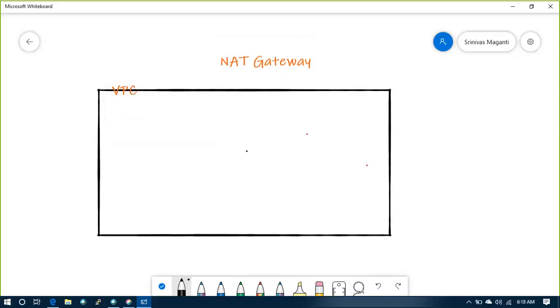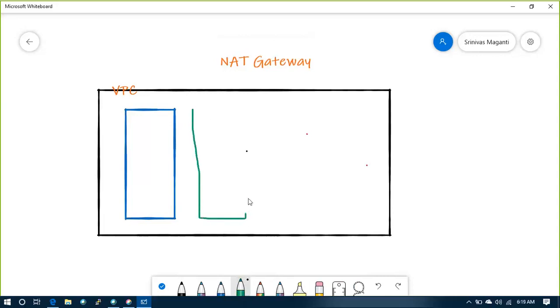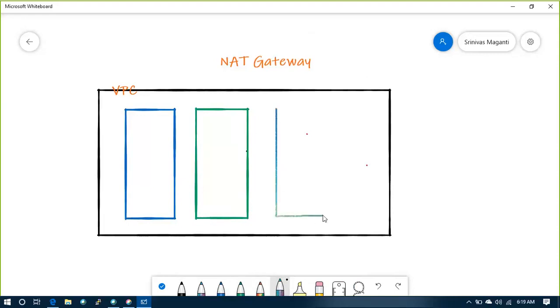Within the VPC, you'll have your subnet, and each subnet is in an availability zone. Agree? Yes. Let's take we have three subnets.